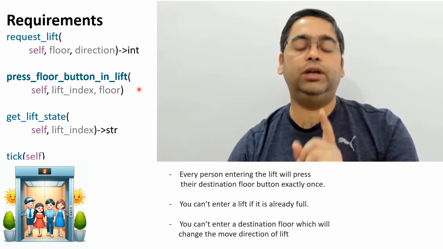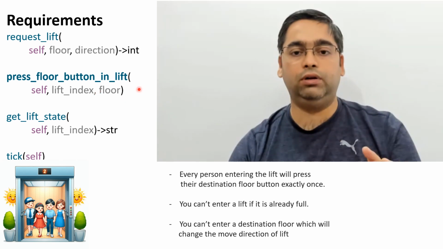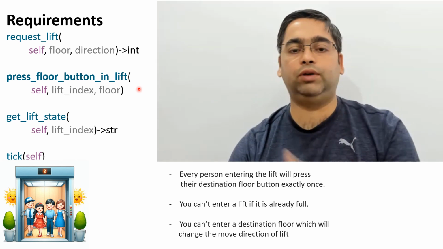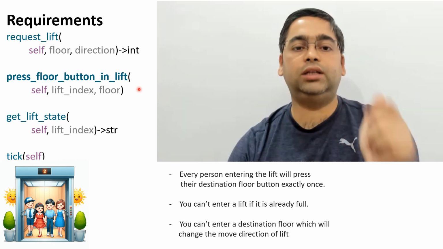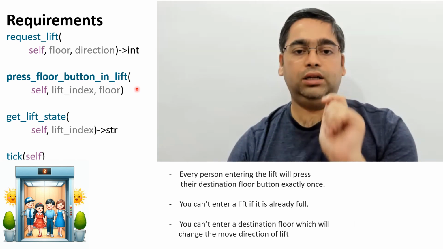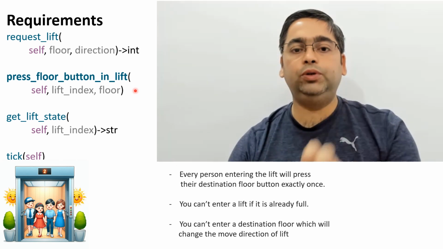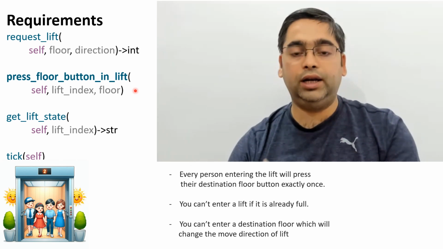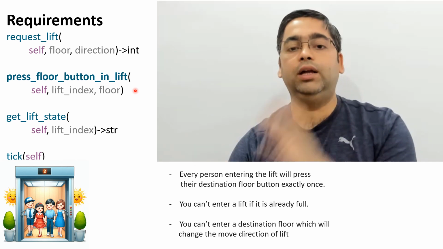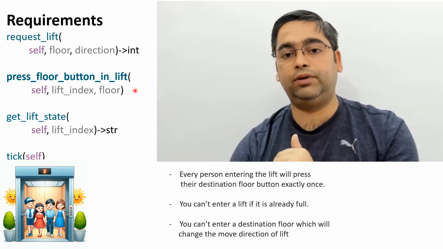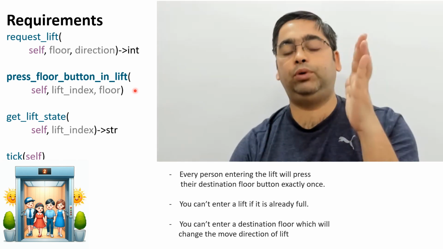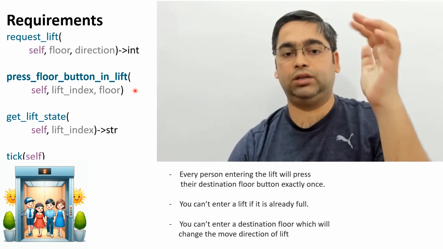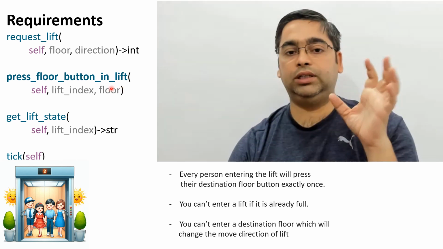Again, you cannot enter a lift which is already full. So if the capacity of that lift is 4 and there are already 4 people inside, you cannot enter that lift. So this method cannot be called then. The third is, let's suppose you enter inside the lift, you are at floor 4 and that lift is going up. You cannot enter a destination floor like 3 or 2 or 1, that is, you cannot reverse the direction of the lift. So if the lift is going up, you have to press a destination floor which is in the up direction only. Now we'll see exceptions to this case, but